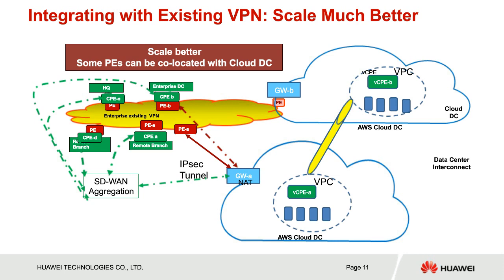Another choice could be that for some of the cloud data centers, as a network service provider, you don't want to purchase Direct Connect because the demand is not high, because you're not sure how many of your customers will use this location. You can create an IPsec tunnel or SD-WAN tunnel from your PE to the cloud gateway, so that you can provide a similar kind of service to your existing customers, enabling them to reach the cloud DC.